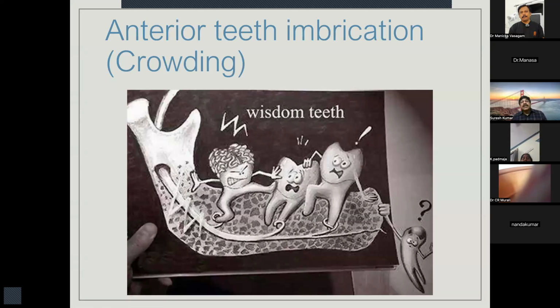So when your patient suddenly says, I have crowding in the lower anterior which developed recently, all these days it was fine, sudden development, and the patient is in the young age category between 18 to 25 years, please take a radiograph and check the impacted teeth. So this also is an indication for removal. If you identify this problem early and you remove the wisdom tooth, the erupting tooth, then all the others will get relieved of the pressure. The malocclusion can get settled by itself if it is detected in the early stage.